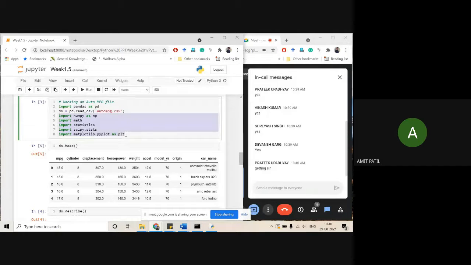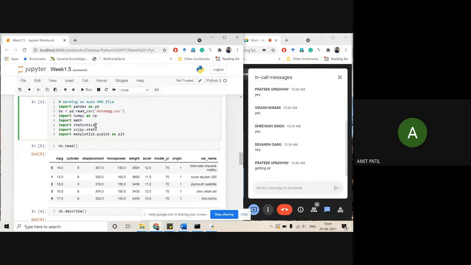Then there are a few other libraries that we will require for further functions and operations. NumPy, we know about NumPy. Then there is the math library, which contains mathematical functions, pi values and exponential values and all that. It is an advanced level mathematics library. Basic arithmetic operations you can do without the math library, but when you need to work with the pi value, you will need to import the math library.